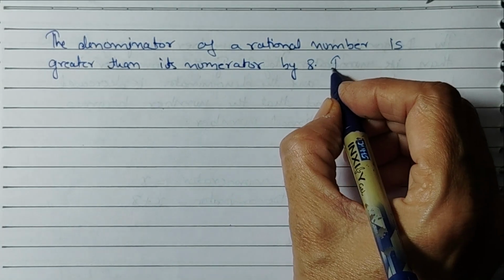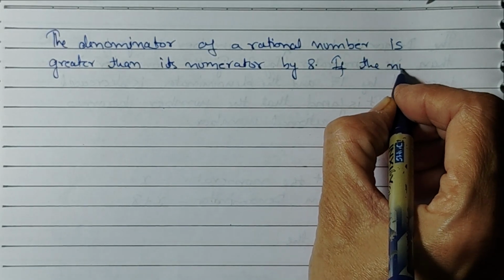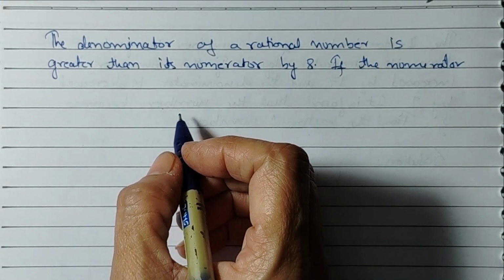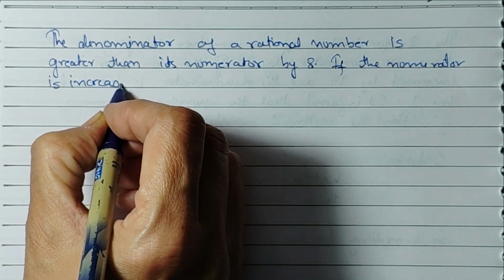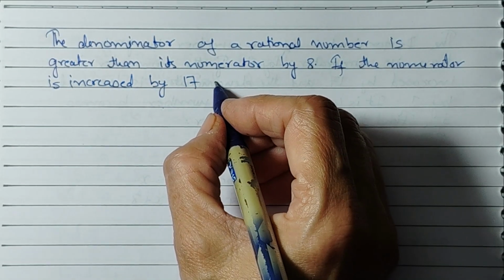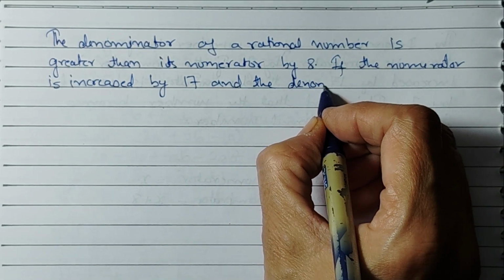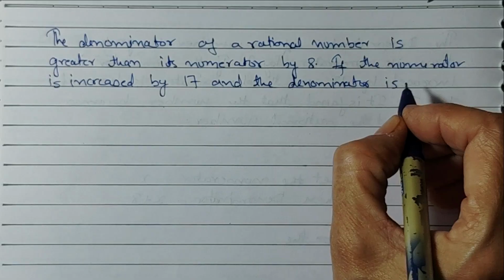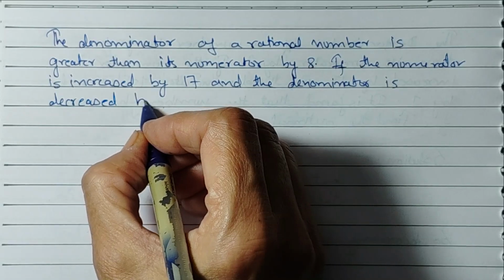If the numerator is increased by 17 and the denominator is decreased by 1,